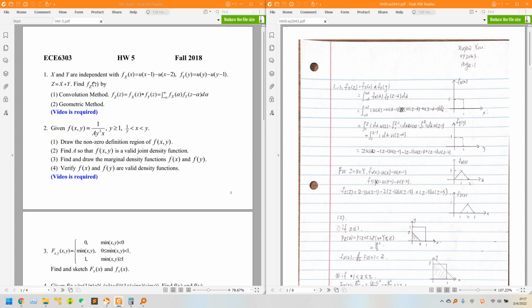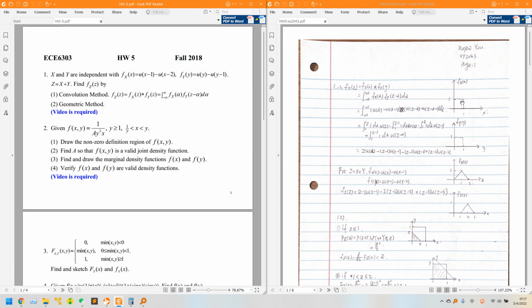So for problem number 1, we are told that X and Y are independent, and we have fX and fY, and we have the relationship of Z to X and Y, and we need to find Z using two methods. Okay, so for the first, the convolution method,